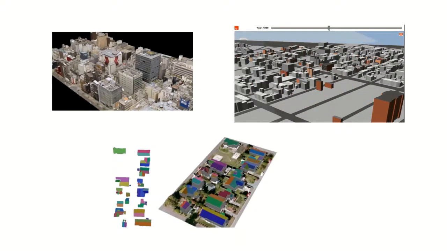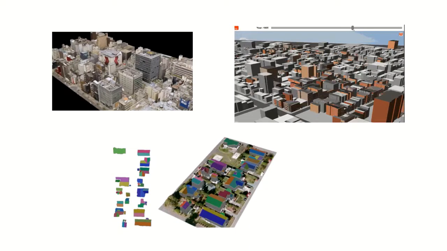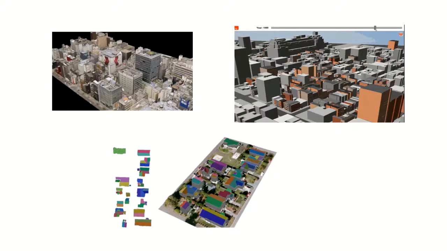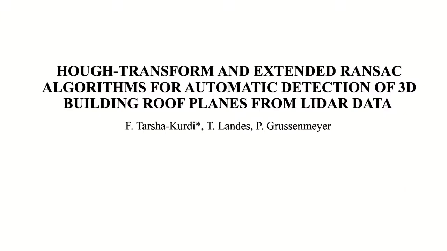We'll start off by finding a roof over our head, in technical terms, to detect the planes. And again, how? For that, we shall go through a research paper titled Hough Transform: an Extended RANSAC Algorithm for Automatic Detection of 3D Building Roof Planes from LiDAR Data, and understand the methods, compare them, and finally extend the best one to outperform the existing one.